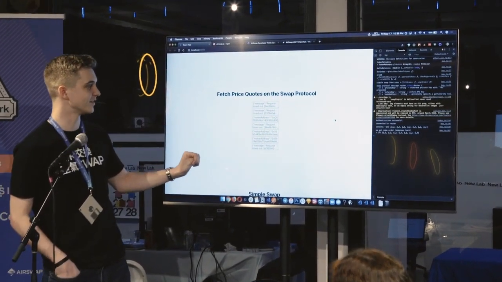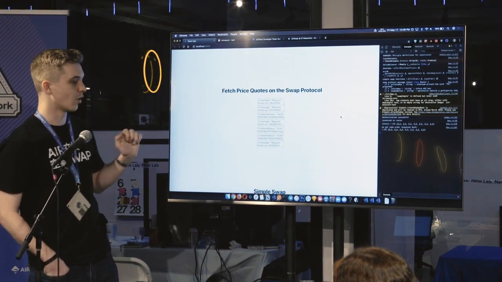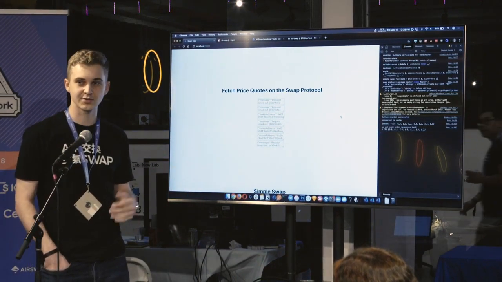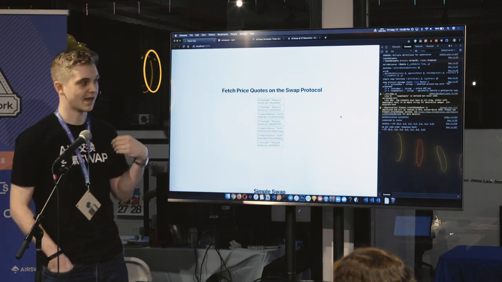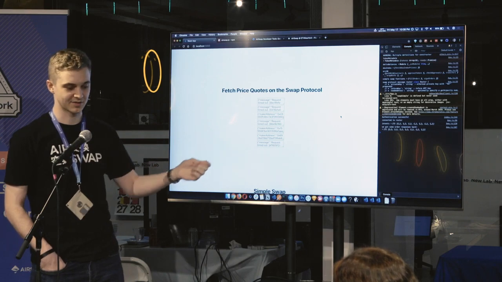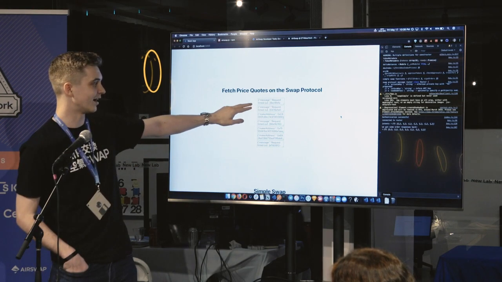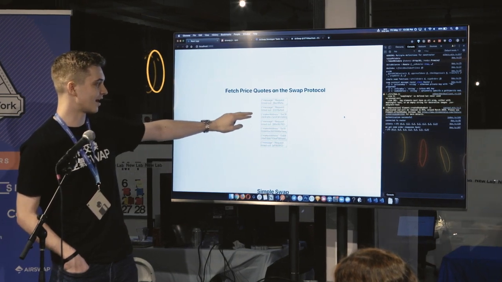Then once that happens, I'll show you in the code in a minute, we're reaching out to all of these automated liquidity providers who are connected to the network right now and asking them, hey, I want an order for this amount of this token. And you'll see some of these are not online, so the request timed out, but a lot of them,